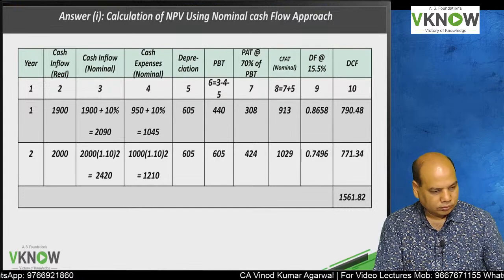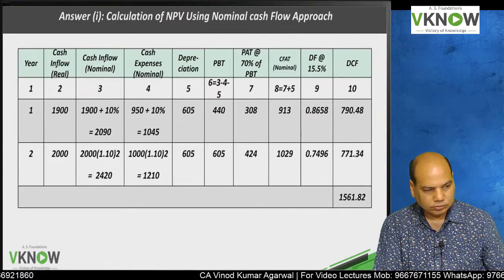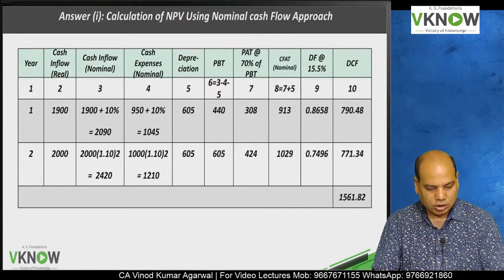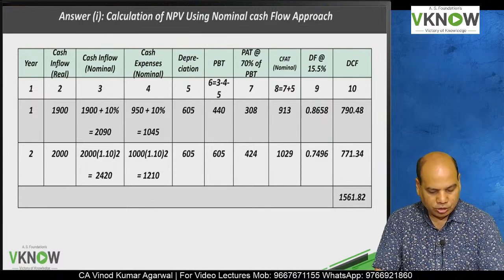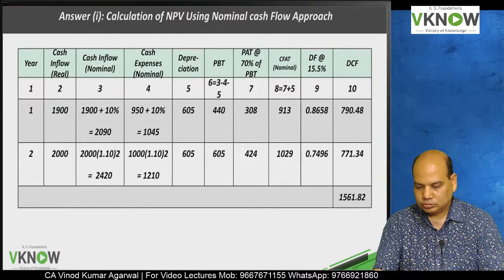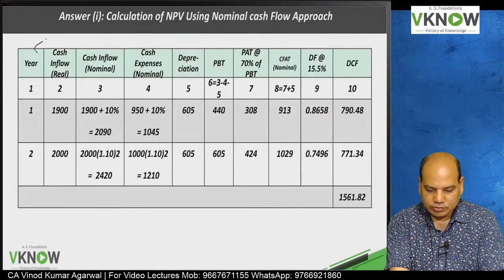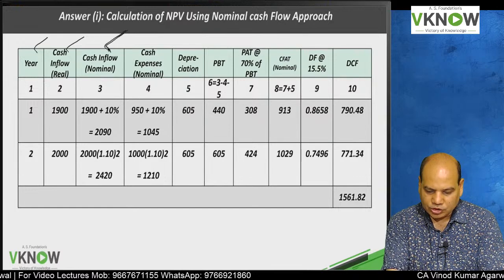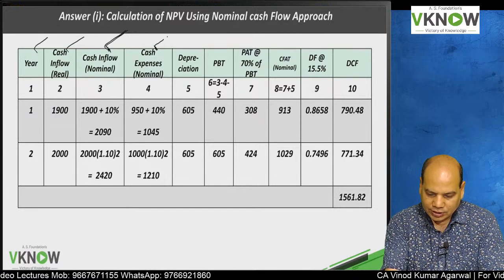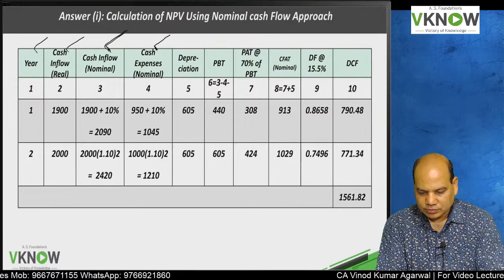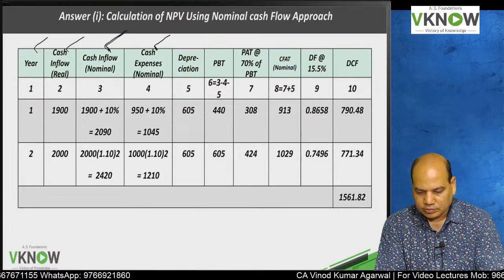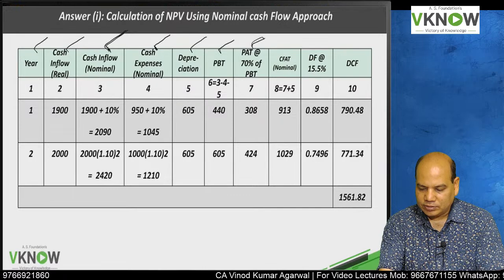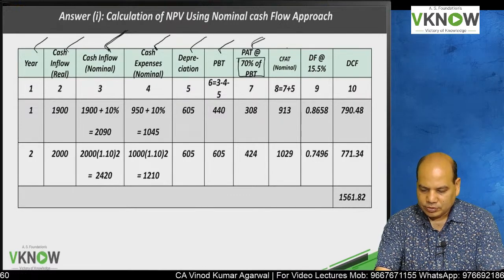Calculation of NPV using nominal cash flow approach. We will draw a table with 10 columns. Year, cash flow real, then cash inflow nominal, cash expense nominal, depreciation, PBT, after PBT directly PAT, which is 70% of PBT, then CFAT